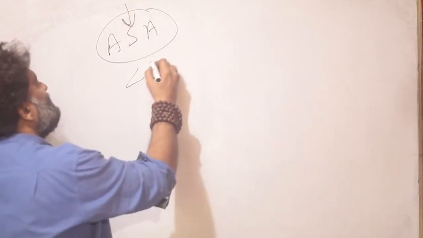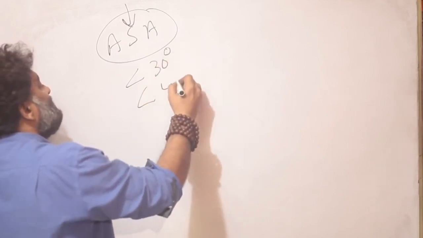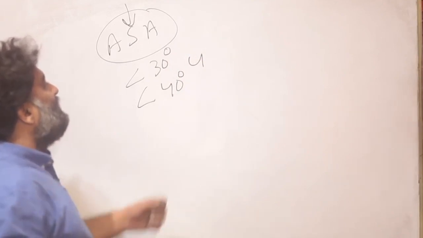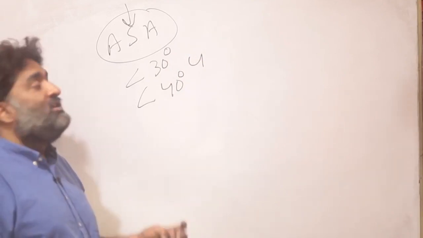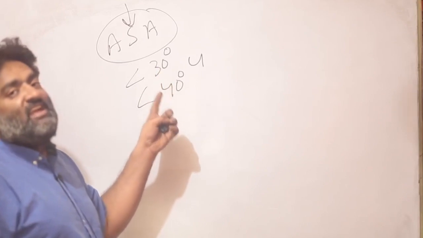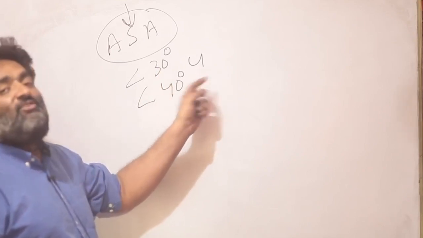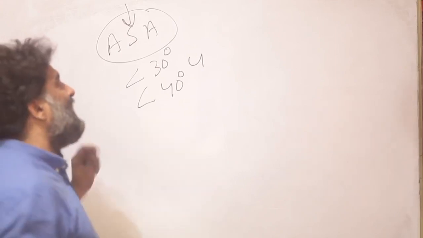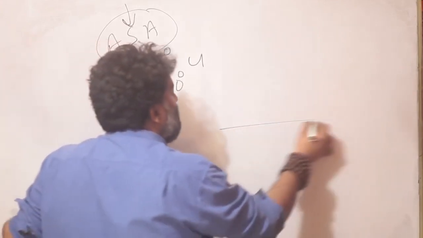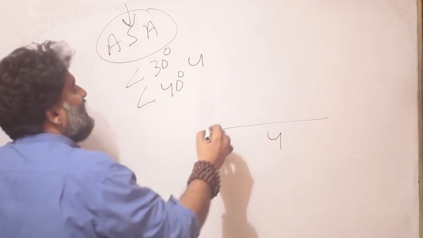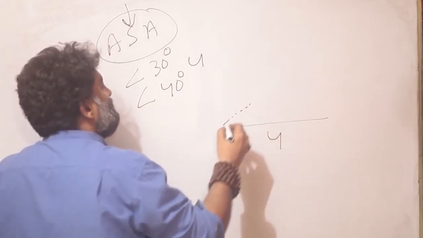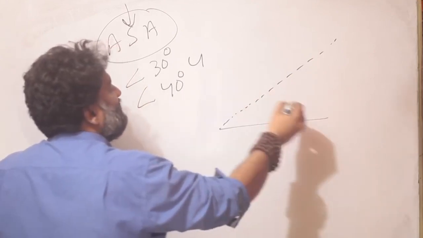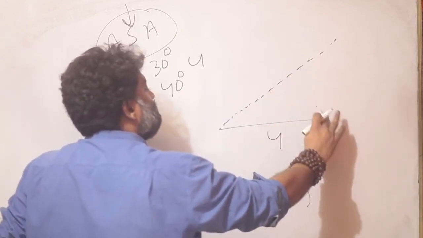So say the angles are 30 degree and 40 degree and the side included is 4 units. That means there are two separate triangles. In both of them there is a 30 degree angle, 40 degree angle and a side of 4 units. Are these triangles congruent to each other or not is what we have to investigate. Again, if I think of this and put a 4 as a base, I can create a 30 degree angle and that should be fairly easy. From this end I have to create a 40 degree angle.